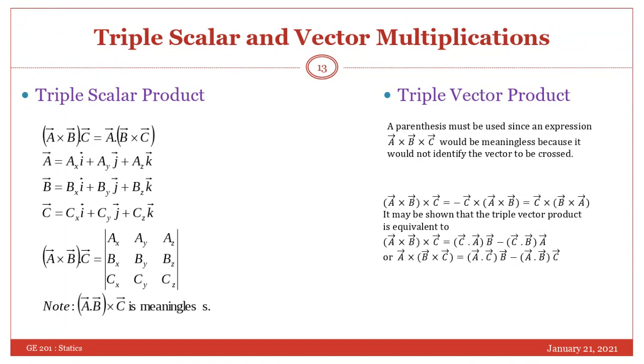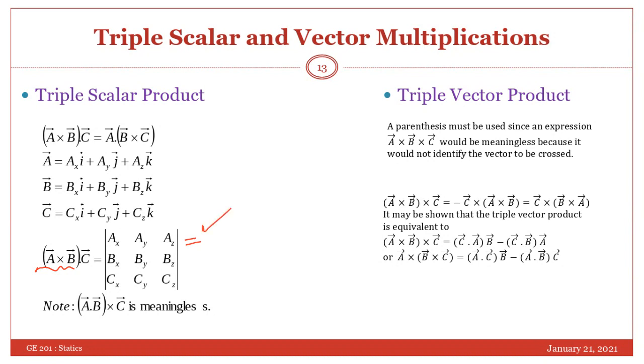Suppose you have vector A, vector B, and vector C in the component form. So vector A cross vector B dot vector C, definitely it will be a scalar quantity, because vector A cross vector B is a vector quantity, and when you multiply it with another vector with a dot sign, you are doing a scalar multiplication. So the answer has to be a scalar. The answer will be the determinant with rows ax, ay, az, bx, by, bz, cx, cy, cz. Just expand this, you will get the value of vector A cross vector B dot vector C.